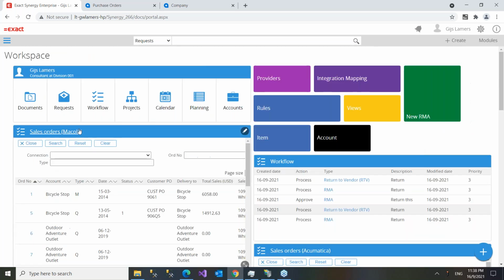What we saw here was a combination, using an RTV process, at least a simplified process, where we use the extra validation in the workflow. We use the rules engine to create a request. We use the rules engine to create a purchase order to the ERP system. We use the views